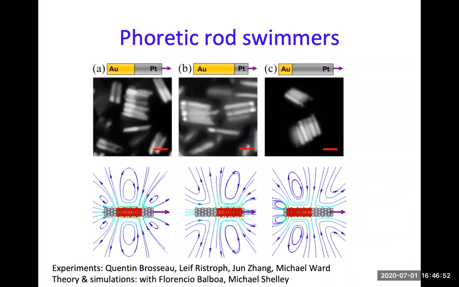And last, I wanted to talk to you about some more recent work on phoretic rods. So I mentioned that experimentalists now can put together gold, platinum, or different metals, and if you put them in the right solution, like hydrogen peroxide, they will swim. So what we did differently is that we varied the ratio of gold and platinum to see if we get different dynamics. And that was the first thing.